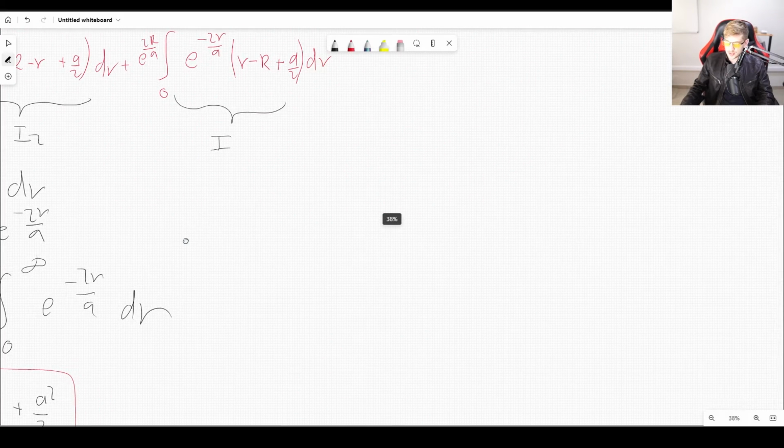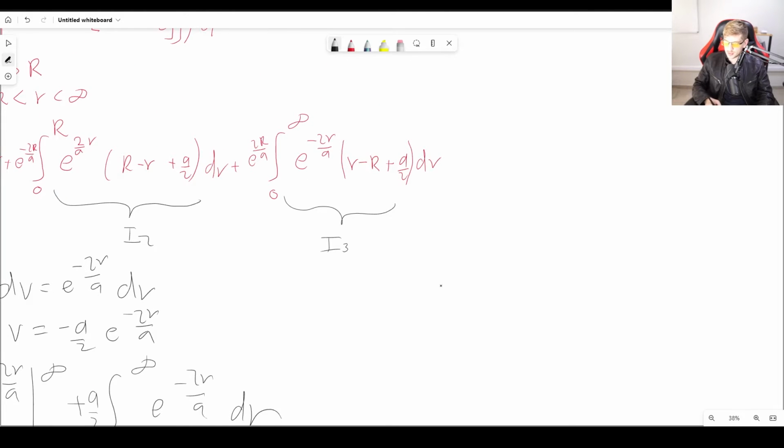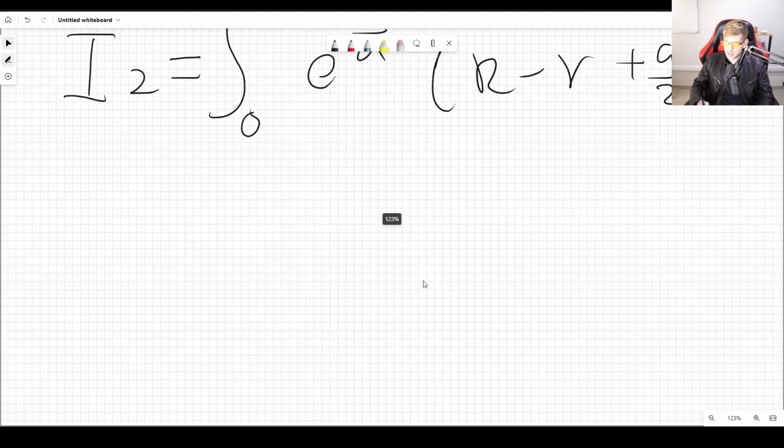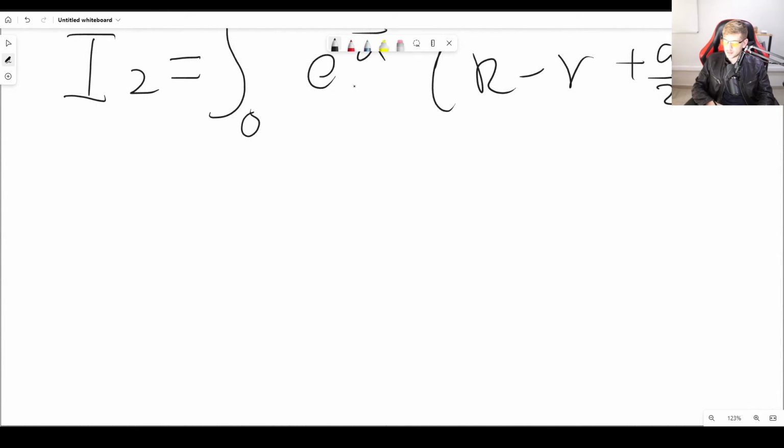So I2, let's solve it here on the side. Whoops, I apparently erased the number 3. So I2 is this right there, so I'm going to rewrite it here. I2 is the integral from 0 to R of e to the 2r over a times big R minus small r plus a over 2 dr. So let's solve this once again by using, I'm going to zoom in a little bit so I use less space,